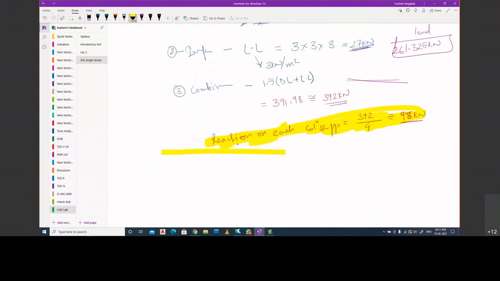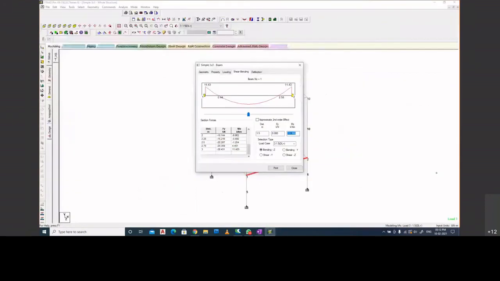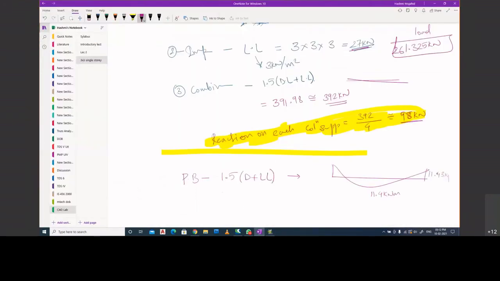Okay, so let me go for calculations here. Just let me write it down so that next time when we come, we can recall it very easily and you can also note it down. Plinth beam for 1.5 times dead load plus live load. What are the results we are getting? We are getting the fixed end moment as 11.4 kilonewton meter, and over here it has 11.43, I assume, kilonewton meter.